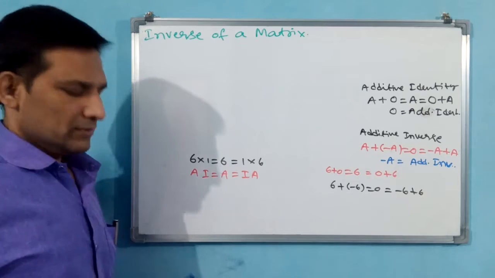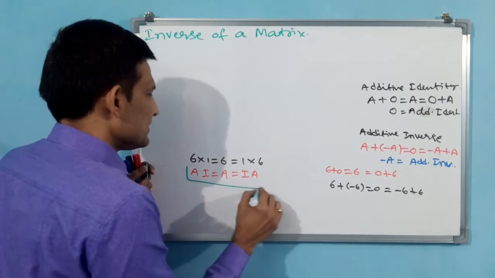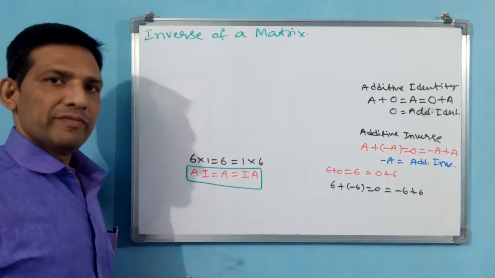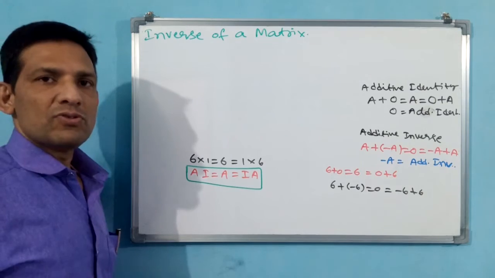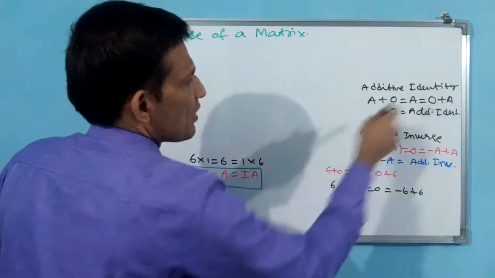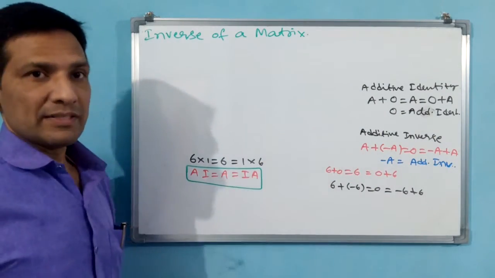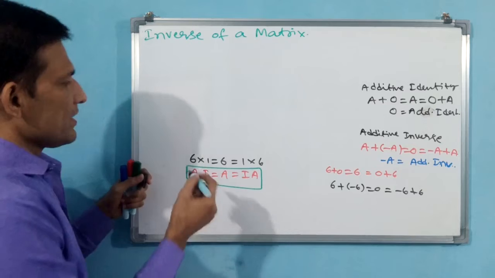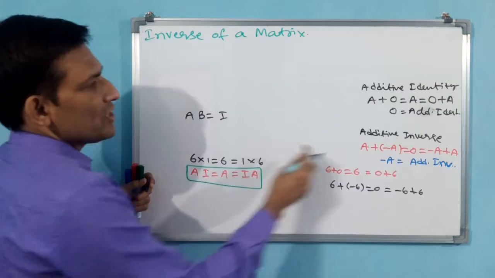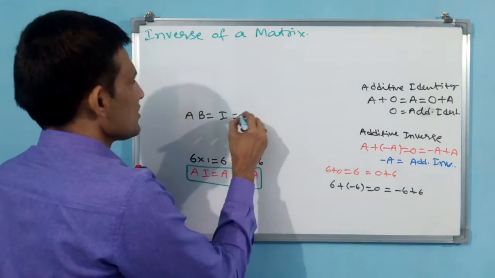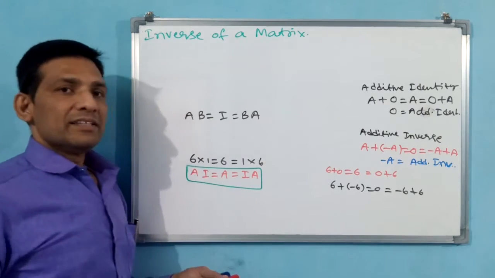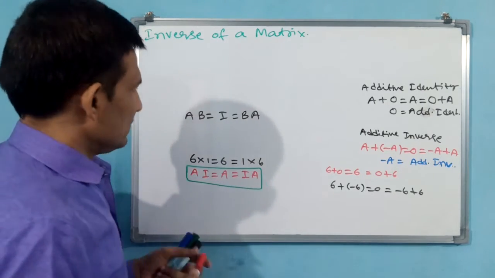This we already know. This one I am making a box. This proof also we have seen. Verification: AI is equal to IA is equal to A. Now see, multiplicative identity, the first portion, we have received. Now you come to the inverse. Same like this only, here you have to write. You see, A into B is equal to I has to come. Here O was coming, here I has to come. That is equal to B into A. If this is there, then B is A inverse.